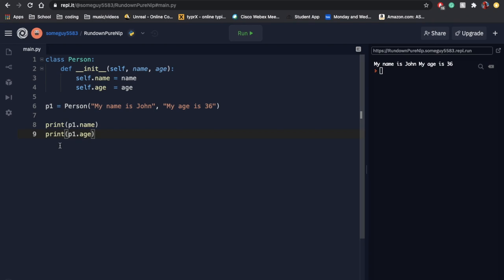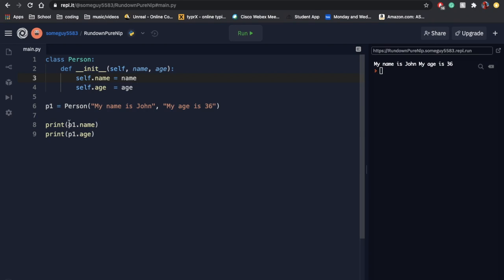So let me just tell you what this is doing. We're making p1 equal to the class, which has the function inside it. It has only the function inside it because the function is the only one that has 1 indent. This self dot and these self dots have 2 indents, which means they're in the function instead of the class. So yeah,